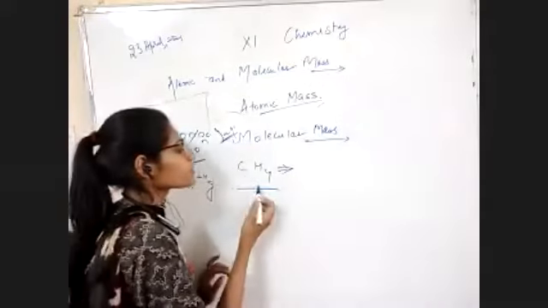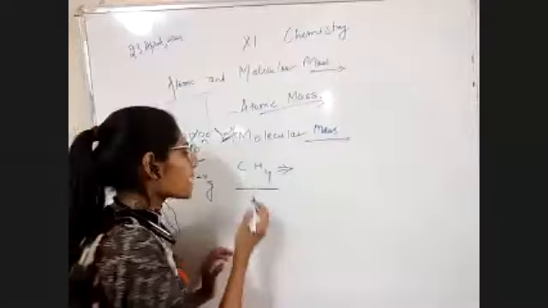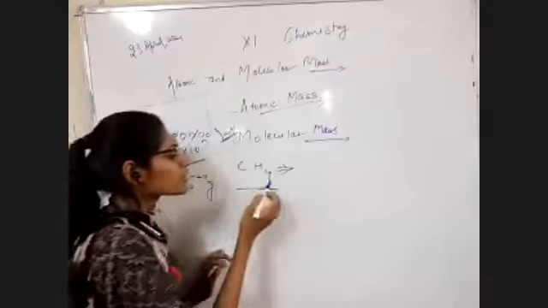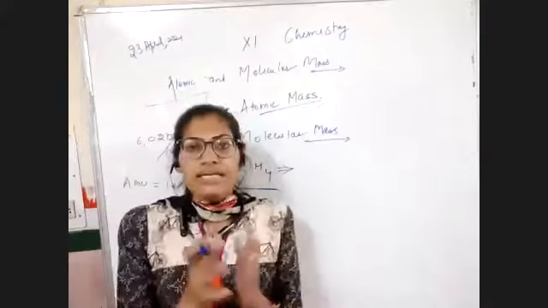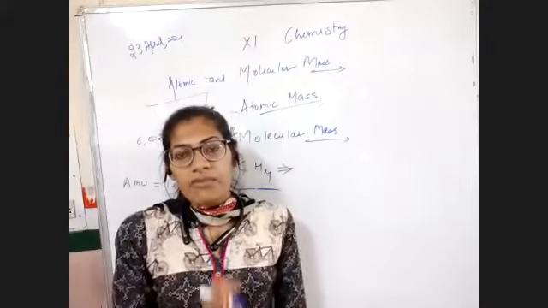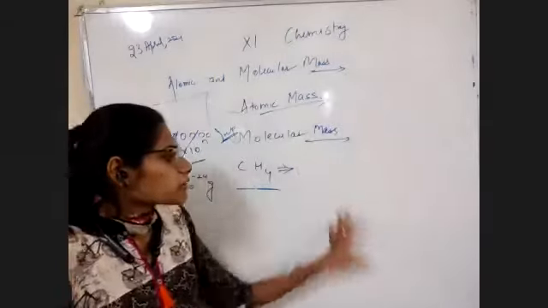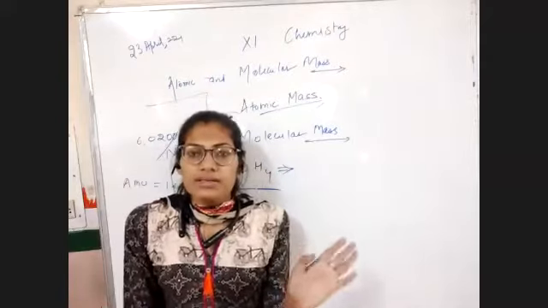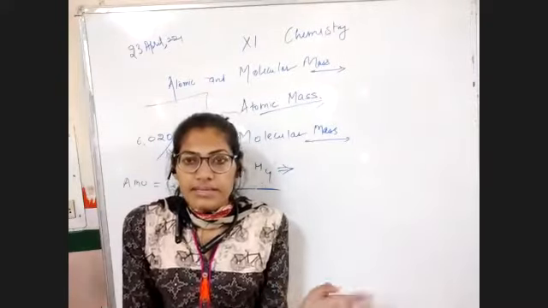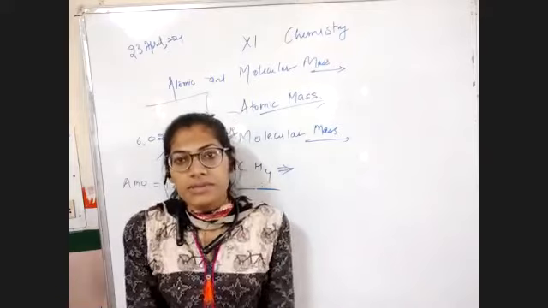Now we have to calculate the molecular mass. We can easily calculate it by putting in the atomic masses of all the atoms present, and then summing up. After summing up, we get our molecular mass. I'm going to repeat this term because it is very important in the numericals you will see at the end of this chapter.